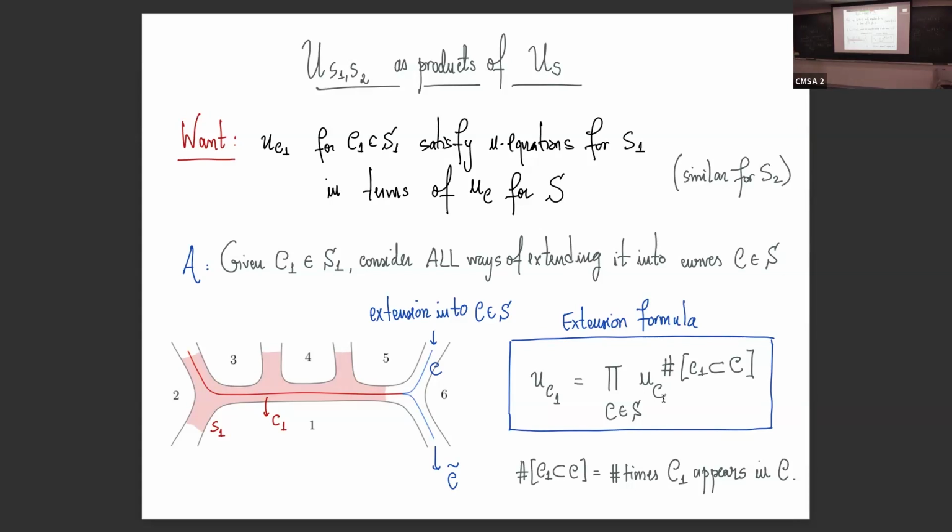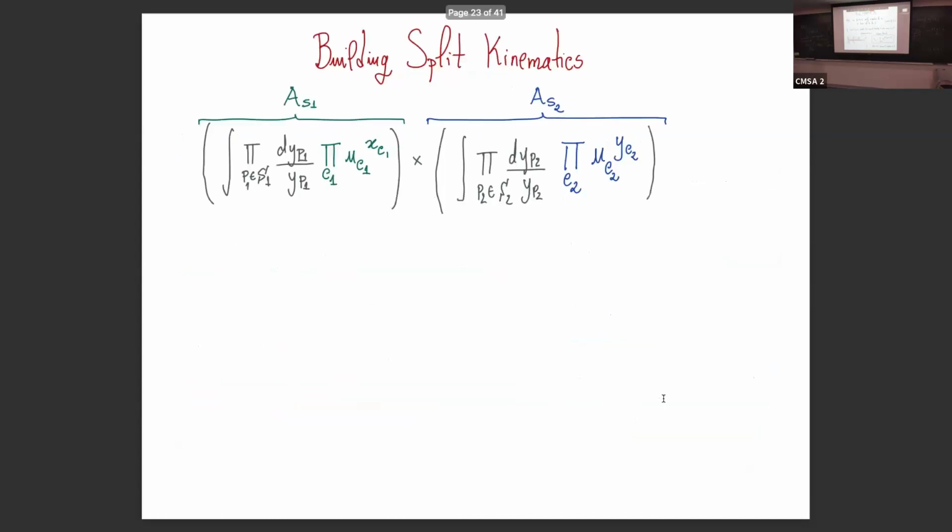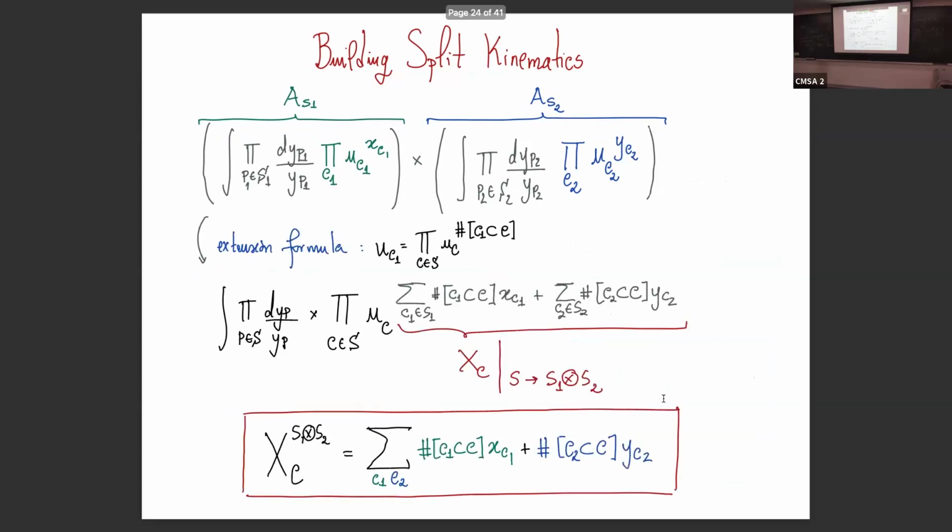So here the u of C1 would be just the product of these two u's of the curves in the big surface. Okay, so using this, I can just automatically build the kinematical locus in which this factorization will happen. If I start with this product of the two lower point amplitudes, and then I plug in their u variables in terms of the u's of the big surface using this extension formula, then automatically I